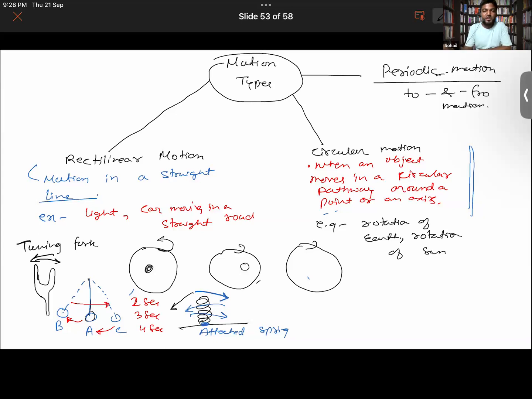Okay, so you have many examples of it. You have the example of hitting a tuning fork. Then you have the example of the pendulum. Getting it now? Okay. By the way, periodic motion means